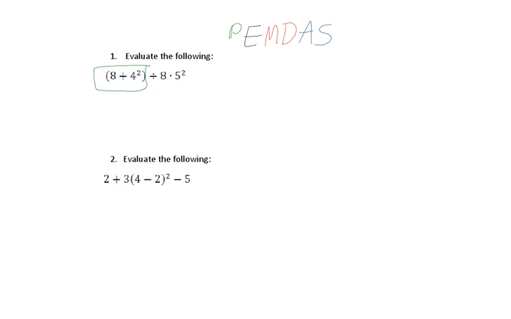So looking at the parentheses, I see 8 plus 4 exponent 2. Well, 4 exponent 2 is 16, and 8 plus 16 is 24. Next, we should take care of the exponent. And 5 exponent 2 is 25. So what's left is 24 divided by 8